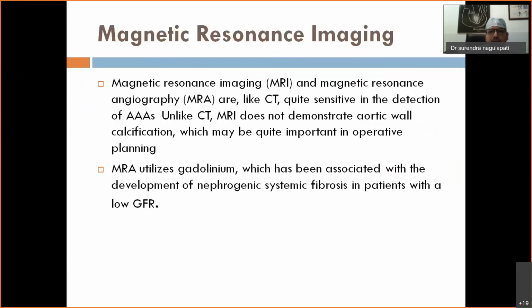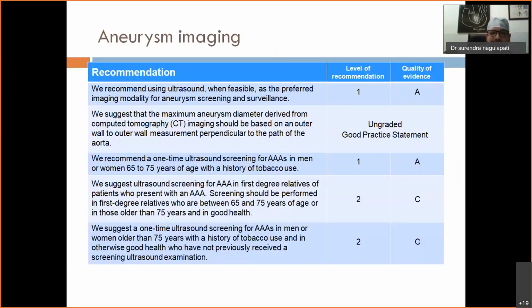And when compared to MRI, the only drawback with MRI is that it cannot provide details about the calcification of the aortic wall. And MRI utilizes gadolinium, which is associated with nephrogenic systemic fibrosis in patients with low GFR. And these are the guidelines from the SVS, and they recommend ultrasound when feasible as the preferred imaging modality for screening and surveillance, and CT with outer wall to outer wall measurement,